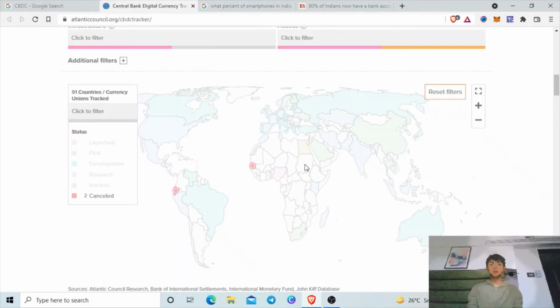Because the banking sectors in many countries are not developed, especially in developing and underdeveloped countries. So, if for example the US already had their digital currency, all you would need is a smartphone. You would install a wallet in your smartphone, and the central bank could directly airdrop that stimulus check to you right in your wallet without you going out of your house or without you contacting your bank. The role of the bank would vanish altogether over here,